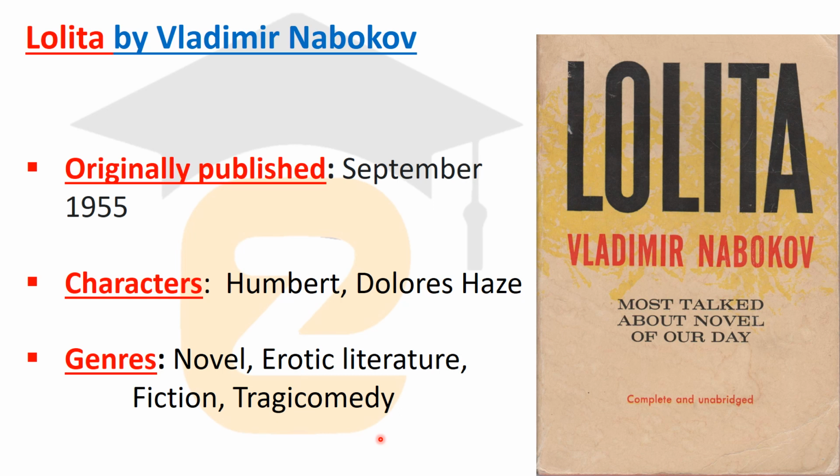And what is the story? This is the story of a controversial subject on which this novel is written, and the protagonist and unreliable narrator, a middle-aged literature professor under the pseudonym Humbert, is obsessed with a 12-year-old girl, Dolores Haze, with whom he became sexually involved after he became her stepfather. And this is the controversial subject of the novel Lolita. That's why this novel has the name Lolita. And next we have